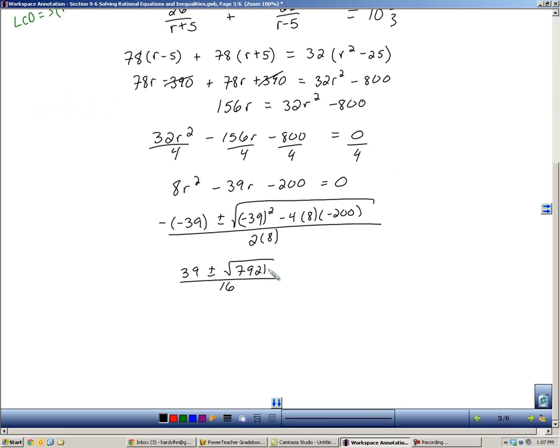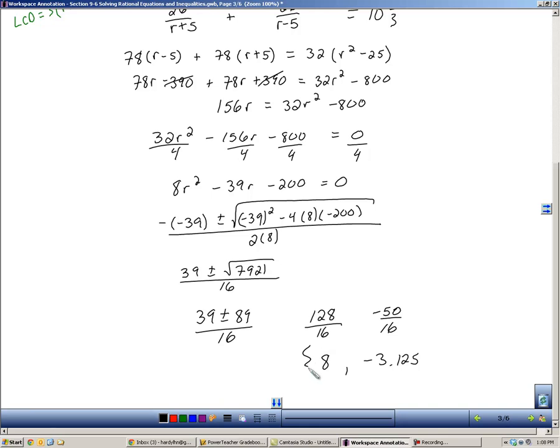So plugging in and doing all the algebra here, I get 39 plus or minus the square root of 7921. Now that's kind of nice because that's a perfect square. So this is really 39 plus or minus 89 over 16. 39 plus 89 is 128 over 16, and that's going to simplify to be an 8. And then 39 minus 89 is negative 50 over 16, which you can probably plug into a calculator to get negative